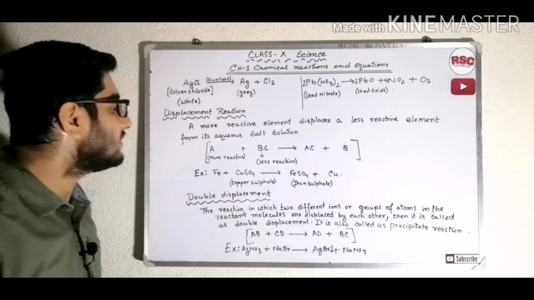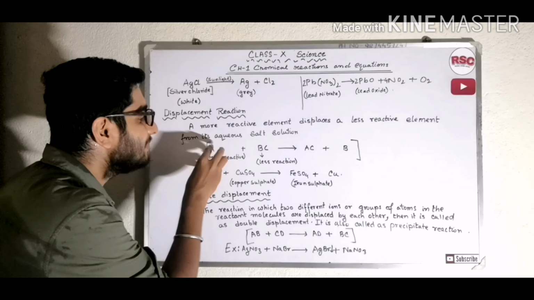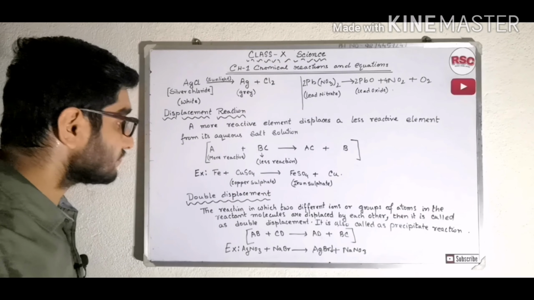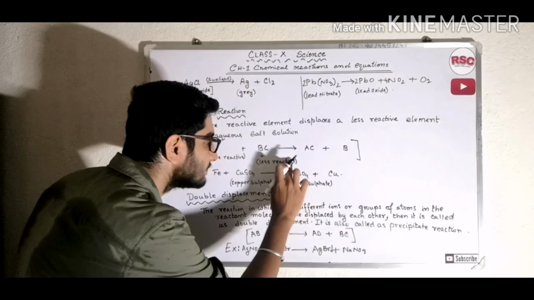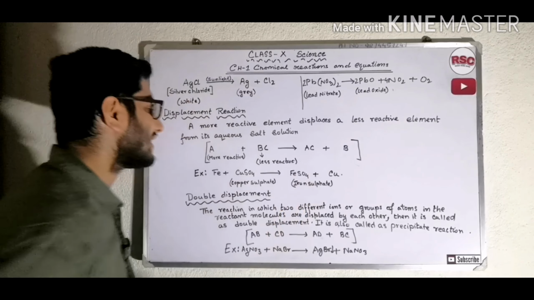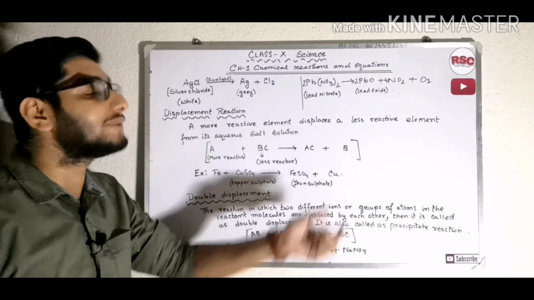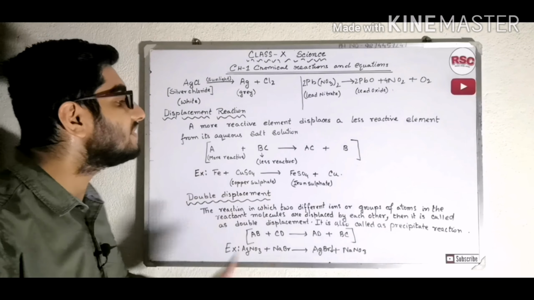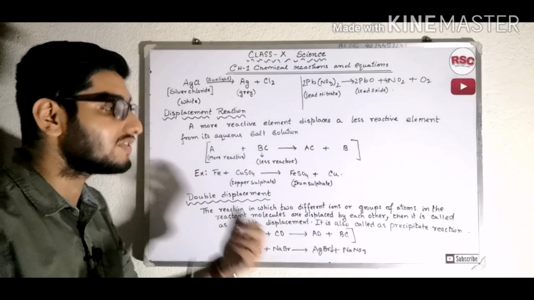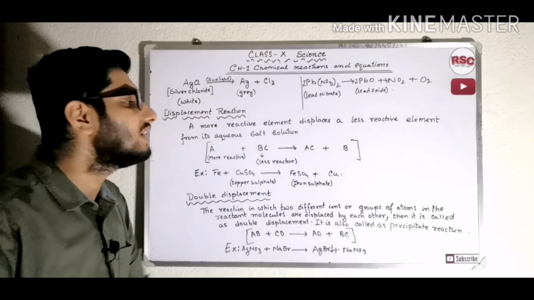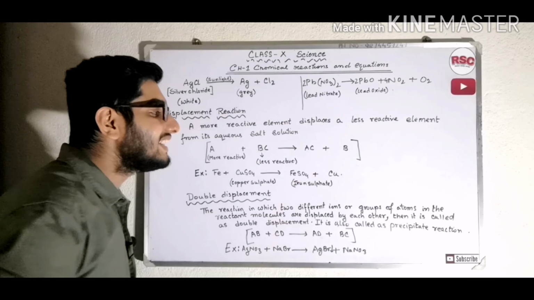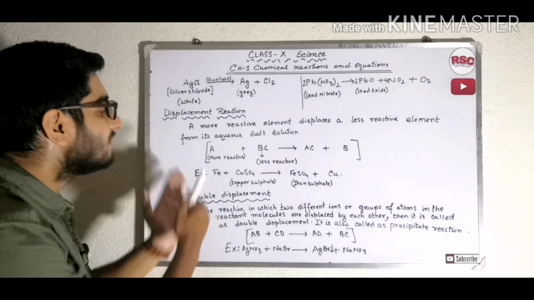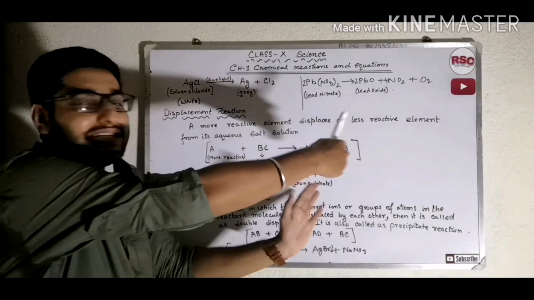So I have given you an example. What is this A? A is the element which is more reactive or more powerful, and B is less reactive. So in this case, A is reactive and B will get separated. From the word displacement only we can understand that something will displace, something will go out and something new will come into the product side. So A sits with C and B goes out, B gets separated. So the reaction becomes A plus BC gives AC plus B.